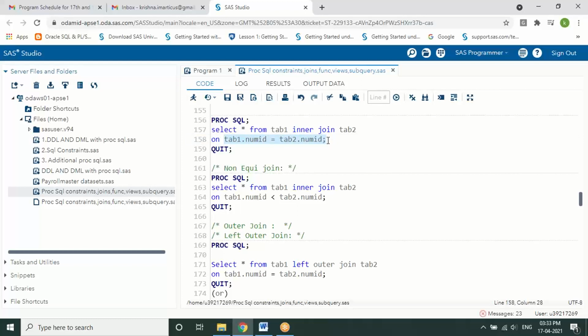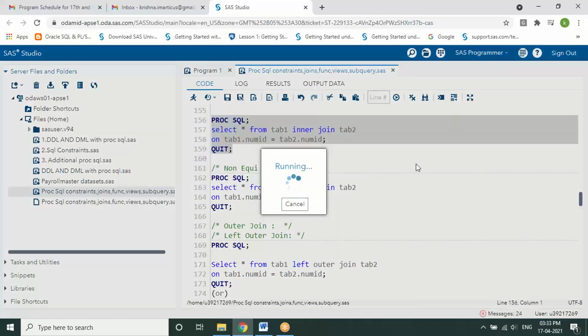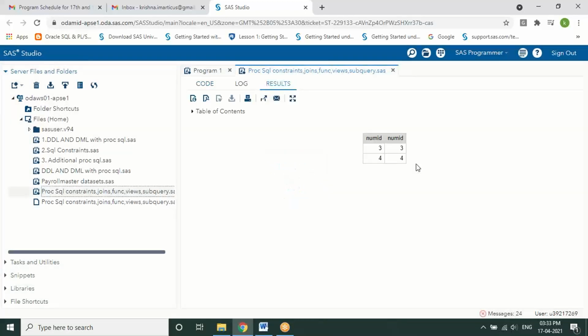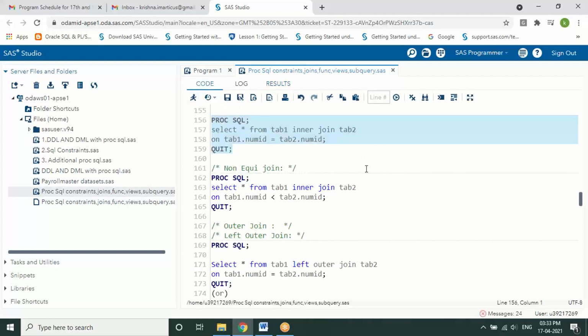Here the operator I'm using is the equal sign. If you see that, it displays the values which are common from both the tables, which we call an equijoin. The values from both the tables which are equal are displayed.